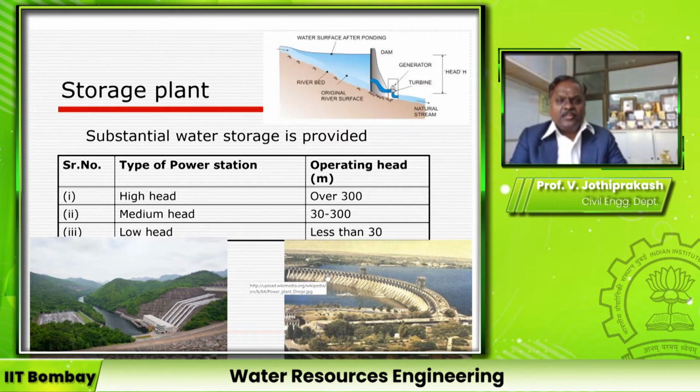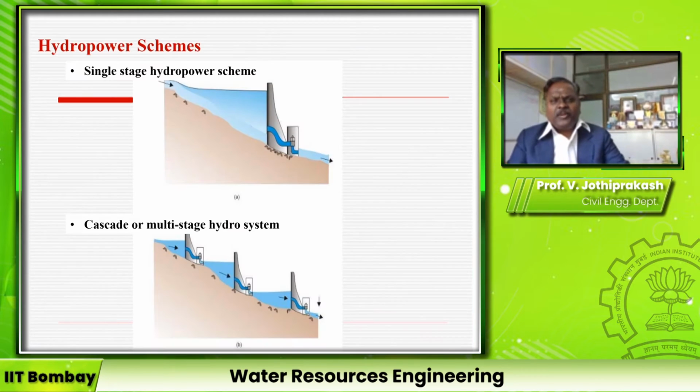Okay, so this is an example of the penstock coming out from a dam. Storage power plant itself has two components. One is single stage hydropower. That means you construct the dam for a very large height, a single dam, and store the water and produce electricity. On the other hand, if the area of submergence is not available, or there is an environmental impact of a large dam, then you construct a series of small dams.